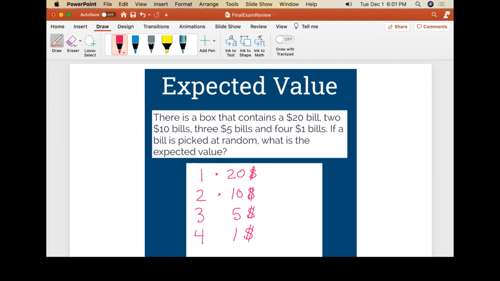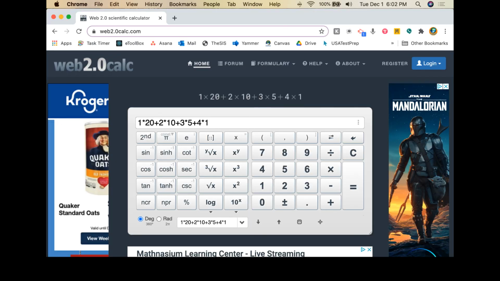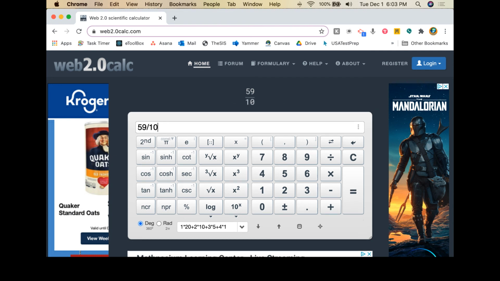So what we're going to do is multiply all these and then add them up. So we're going to do 1 times 20 plus 2 times 10 plus 3 times 5 plus 4 times 1. And then after this, we want to divide by however many bills there are. So total bills, it looks like we've got 4, 5, 6, 7, 8, 9, 10 total bills. So at the very end, we want to divide by 10 bills. All right, so here we go. That's 59, which definitely seems too big to be an expected value. So don't forget that you want to divide by the amount of bills that there are. In this case, there were 10 bills. So our weighted average or expected value is